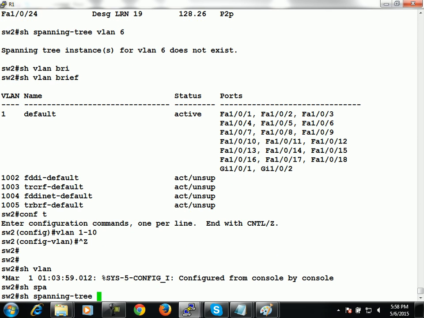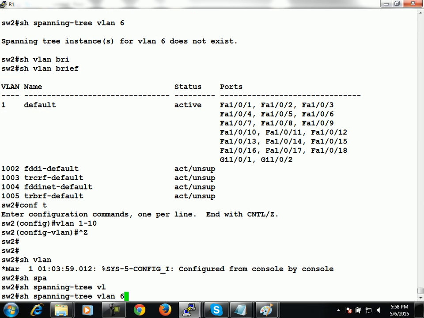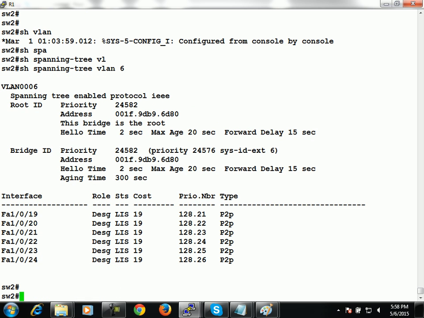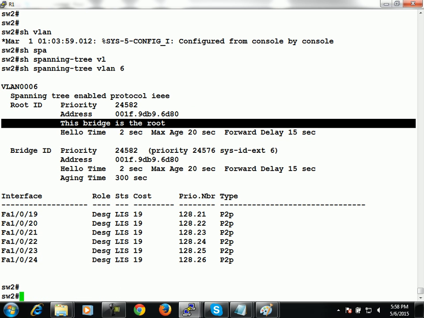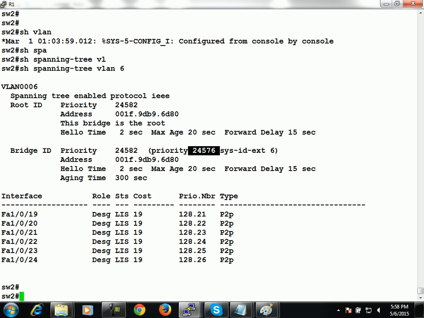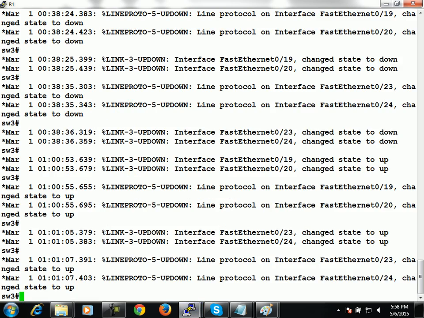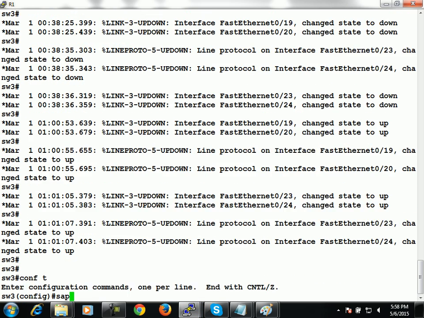Now you will see show spanning tree VLAN 6. It must be configured as a root bridge now, is it not? And you can see that it has been configured as 24576. Now if you move on to switch 3 or switch 4, and configure spanning tree